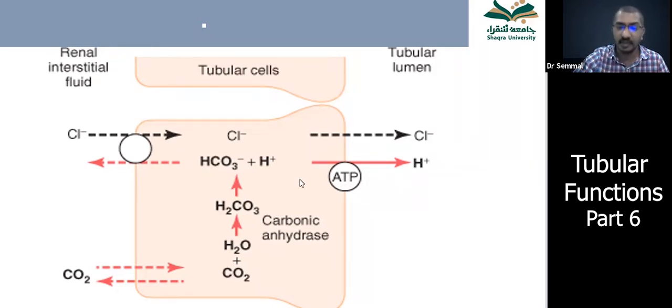Okay, so the point here is carbonic anhydrase. What is this enzyme, carbonic anhydrase? An enzyme is a substance which will facilitate an activity, increase the speed of activity, and help the activity to happen. This enzyme carbonic anhydrase will make the joining of carbon dioxide and water very fast, so that H2CO3 is made faster, which breaks into H and HCO3.